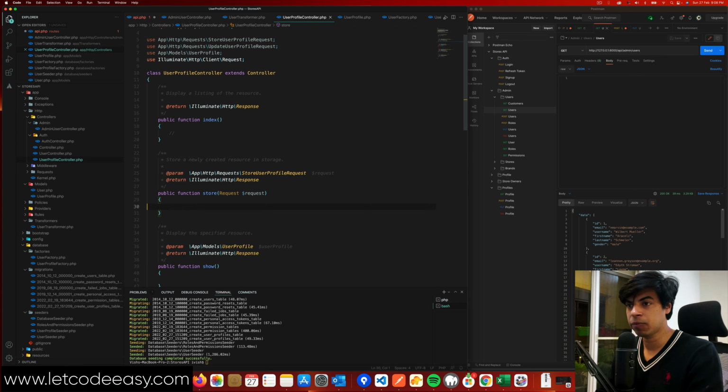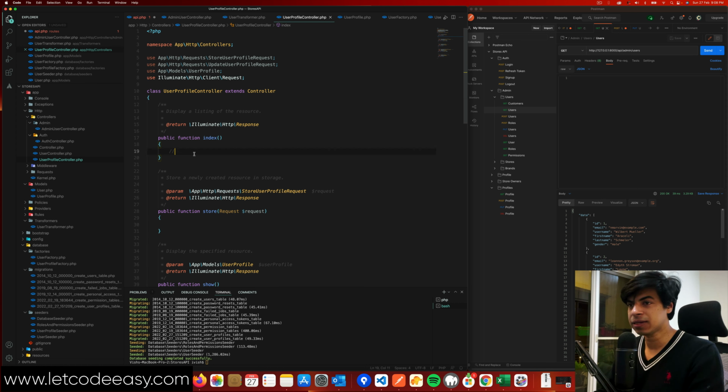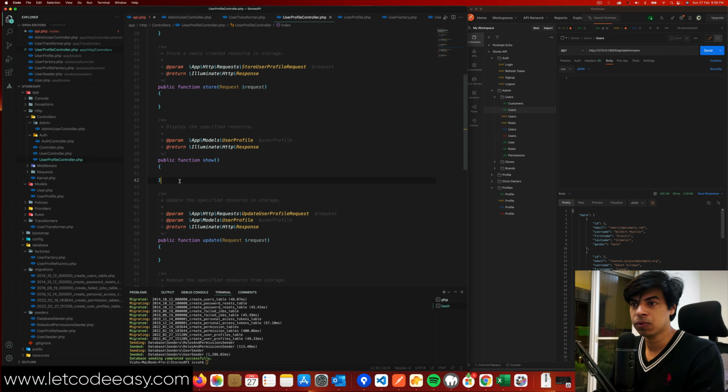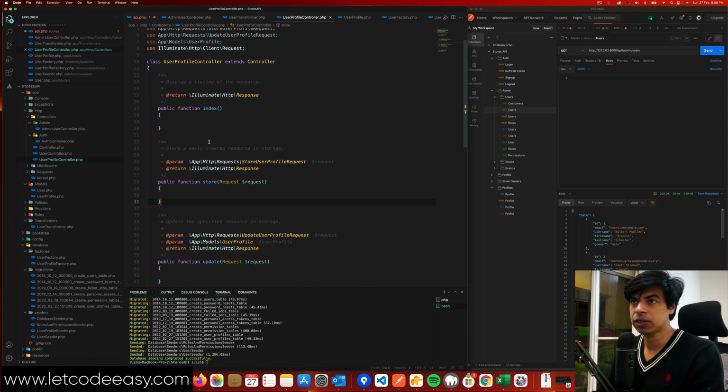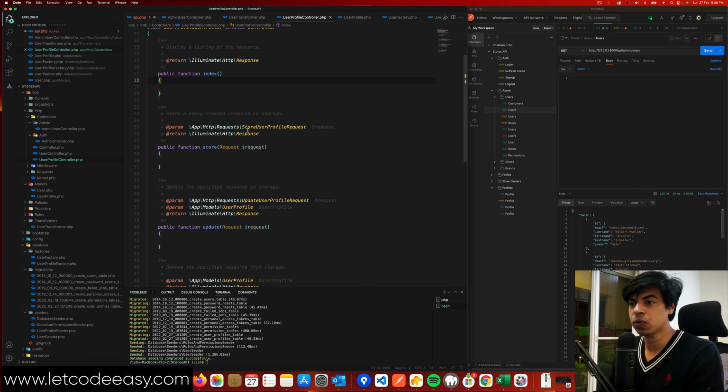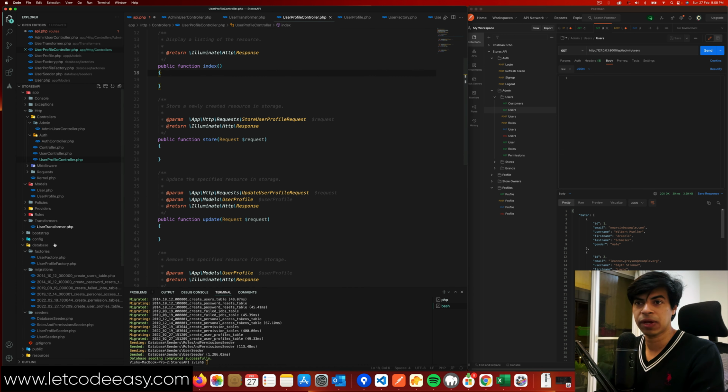If I have to save my profile, I use this index. Again, I don't think index itself is needed, because show is going to take care of that. Either you can use index or show. Maybe I'll get rid of show because it's not needed resource. I can just use index itself. So it's going to be index, store, update, and destroy. So I'm going to go back to my API route